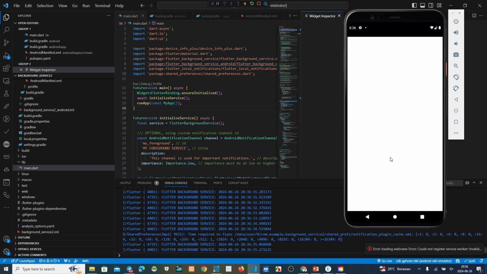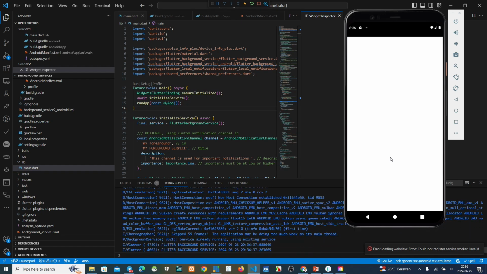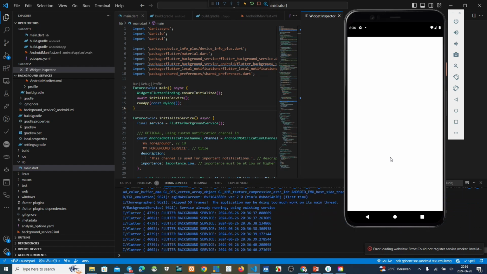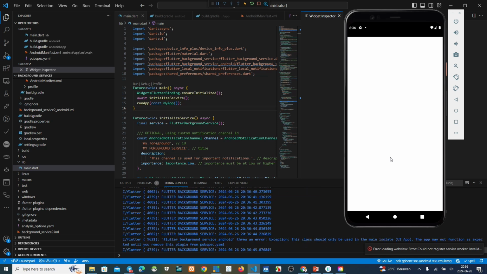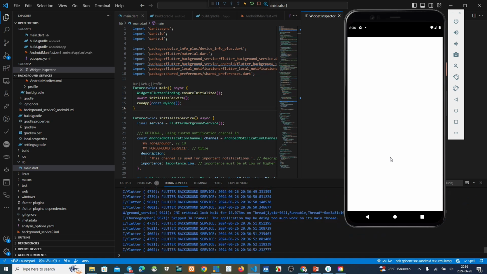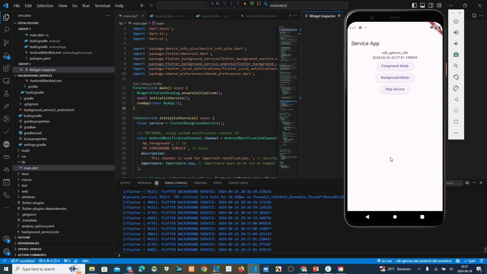Why is there a white screen on my Flutter virtual device? Okay, finish guys. This service application has already finished.